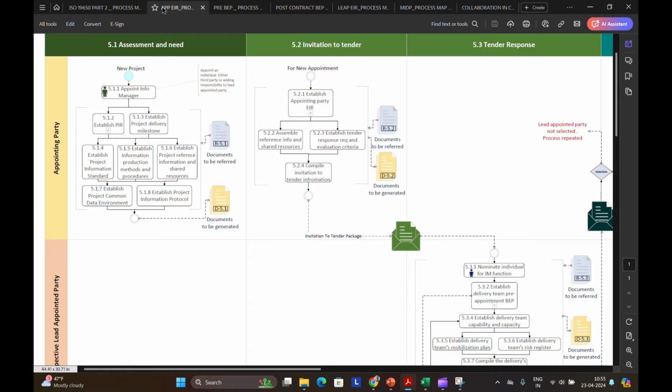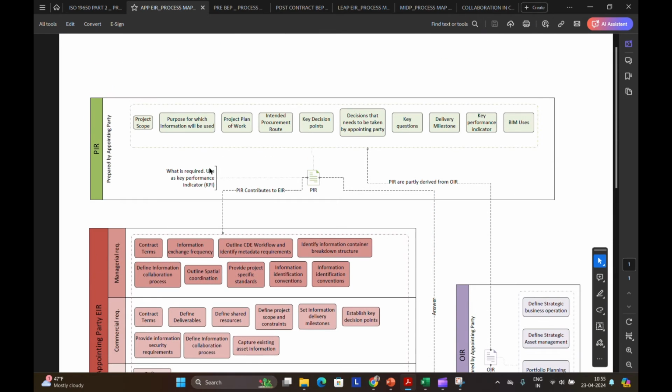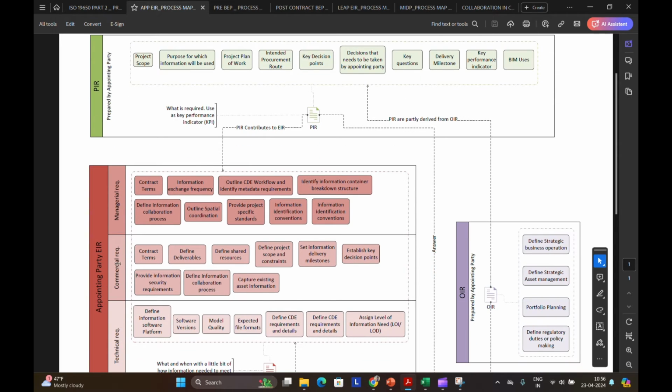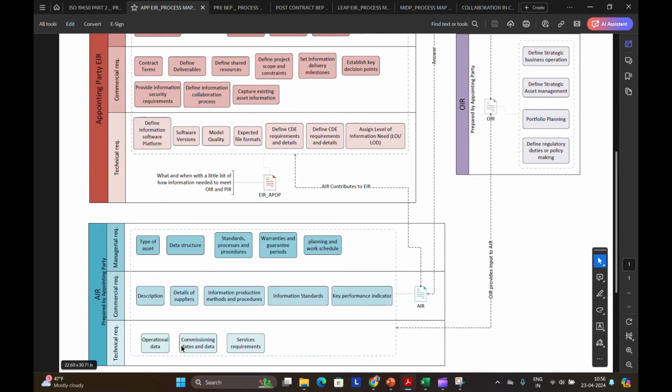For example, if you move on here, you can see I have created it for PIR. This defines what all is to be defined inside this particular task. And similarly, I have done it for appointing party EIR, OIR, and AIR.